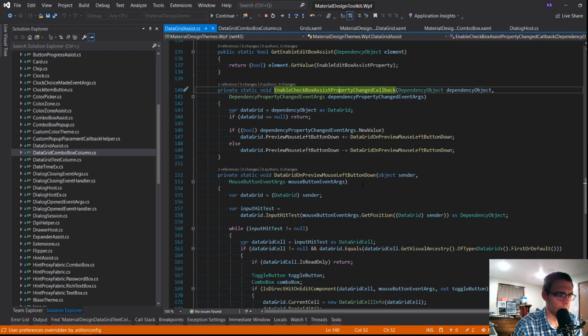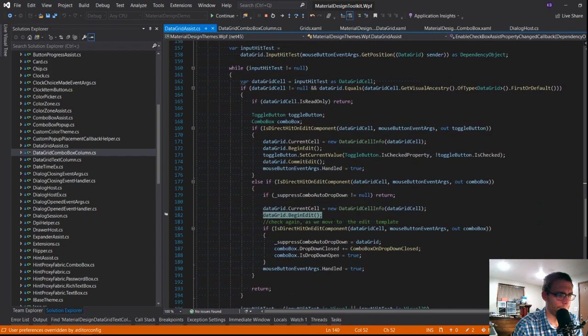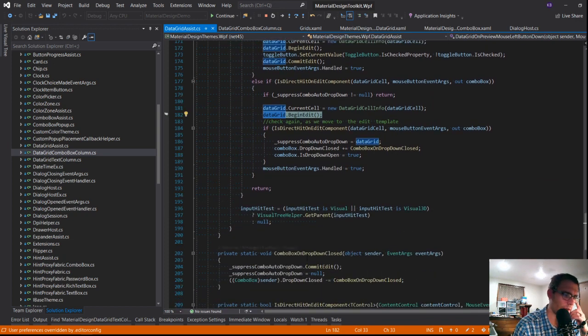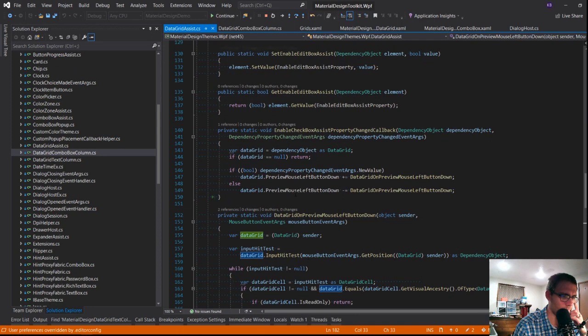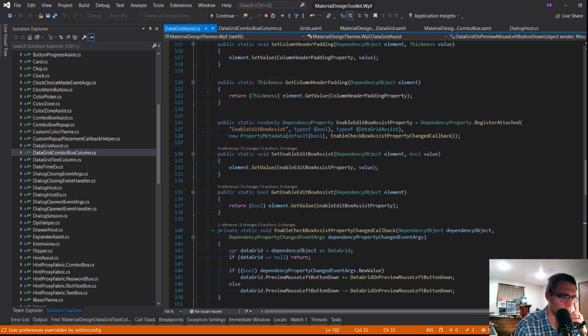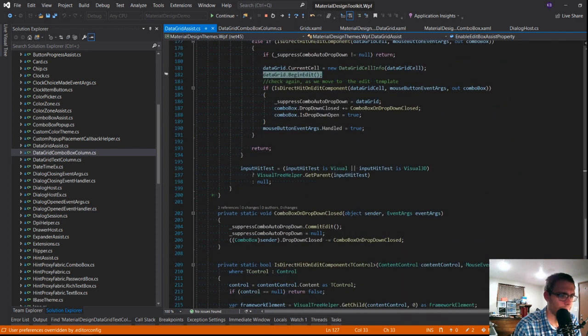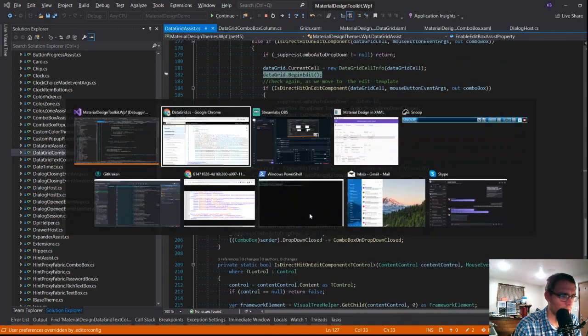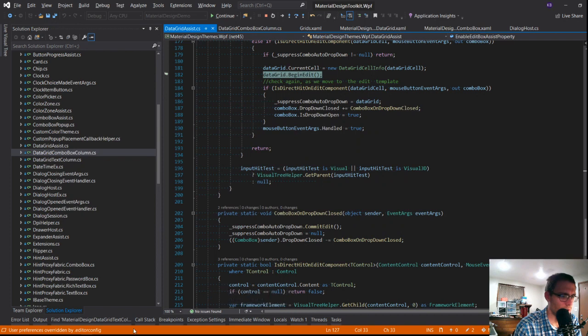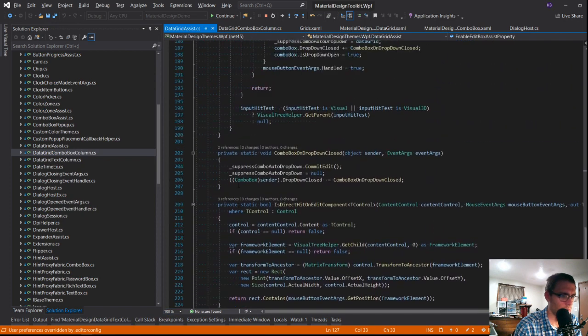Enable checkbox assist. So this guy. Okay, so that's ultimately what triggered the other one, is we were manually watching it.